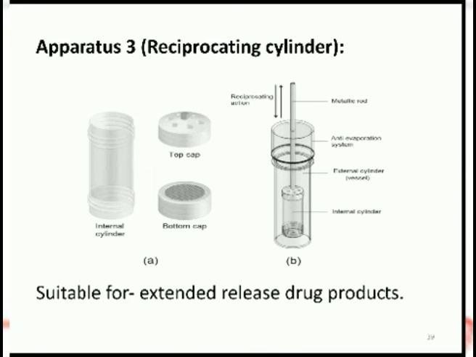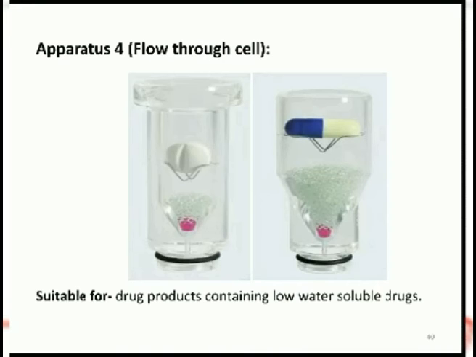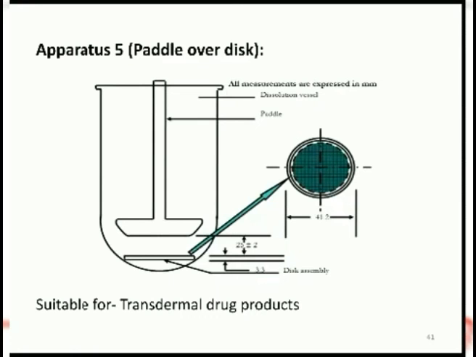Level B. A level B correlation uses the principle of statistical moment analysis. The mean in vitro dissolution time is compared either to the mean residence time or to the mean in vivo dissolution time. Although this type of correlation uses all the in vitro and in vivo data, it is not considered a point-to-point correlation. Further, since it does not uniquely reflect the actual in vivo plasma level curve, this is not very useful from the regulatory point of view.